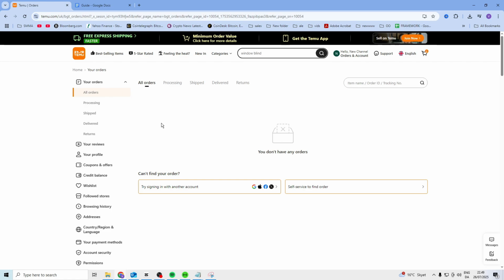Just find the order, click on it, click on refund, and then just select the reasoning. Then you need to make sure that you check if you need to return the item or not. So if you do this before it gets shipped, you don't need to return it. If you do it after it gets shipped, then you might need to return it. And sometimes you don't even have to return the item, even if you get the item. So just come in here, select it, press refund, select the reasoning, and then select how you want to get